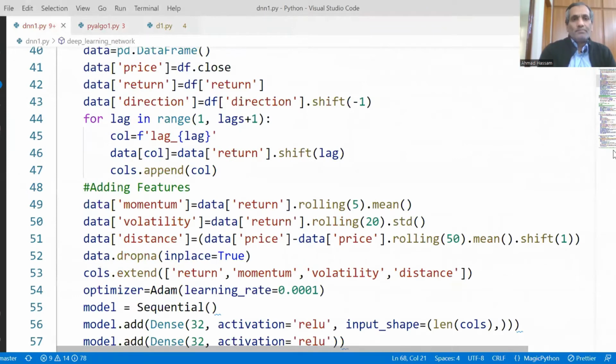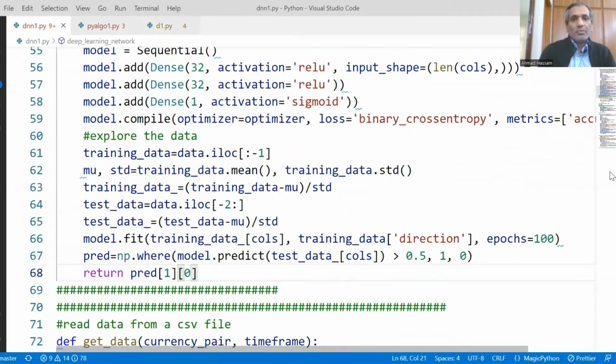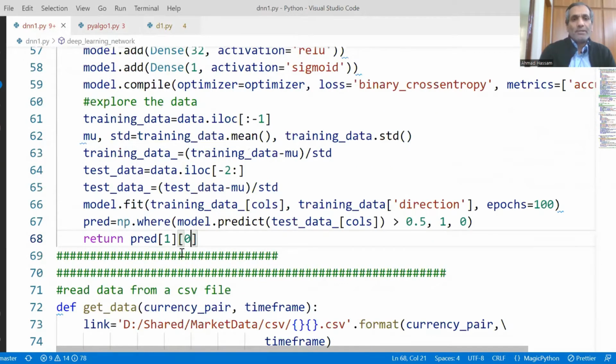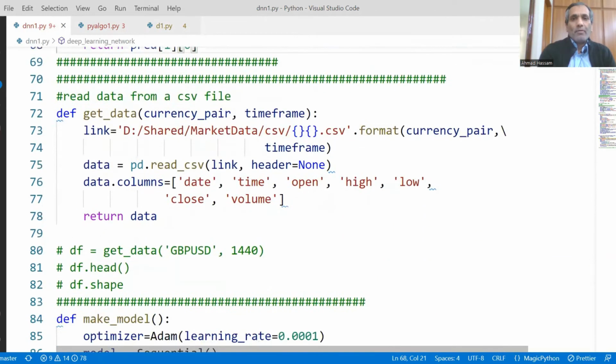This was the deep learning network that I showed you in the last video that made the prediction about the next candle, whether it will be bullish or bearish. I told you that let's say we want to open a short trade, but our model is predicting that the next candle will be bullish. It would be a better idea to avoid a short trade. For back testing,